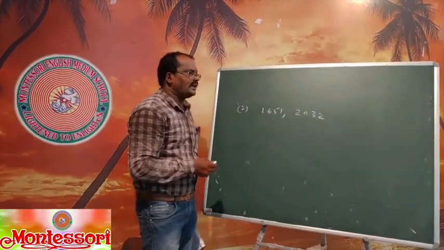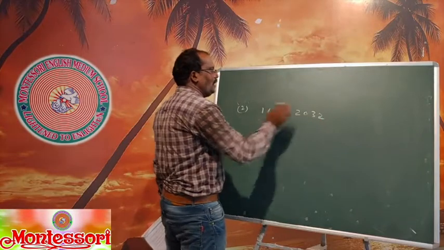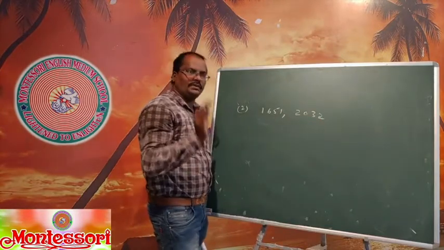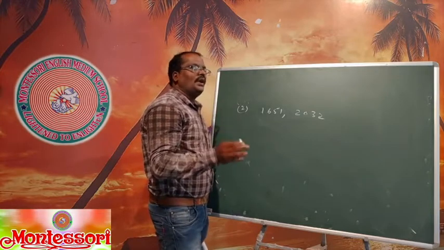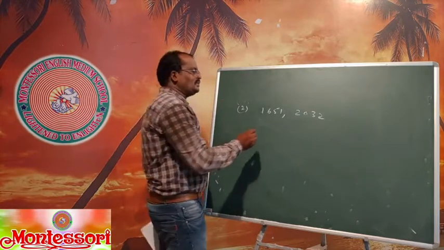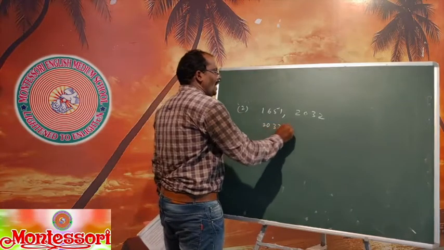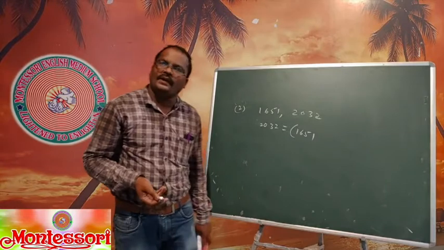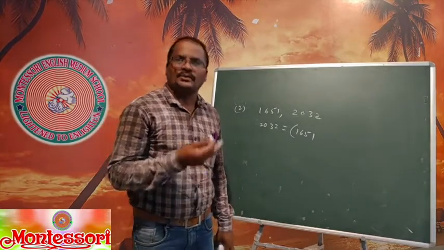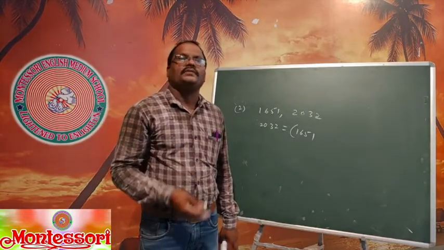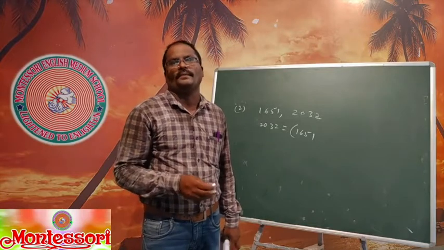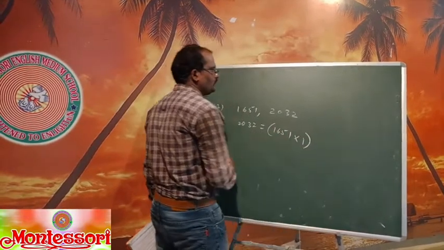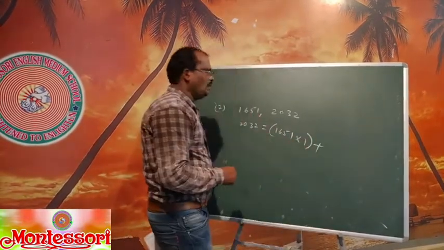Which is the greater number? 2032. Whenever they give two or three numbers, first we have to select two numbers. The greater number should be on the left side and the smaller number on the right side. Then we have to verify whether it goes one time, 2 times or 3 times. Do that calculation on your rough paper. How many times will it go? I think it will be one time. So how much remainder is left?